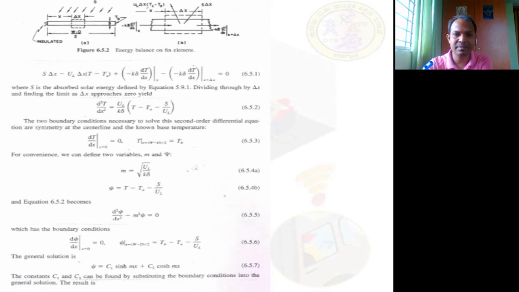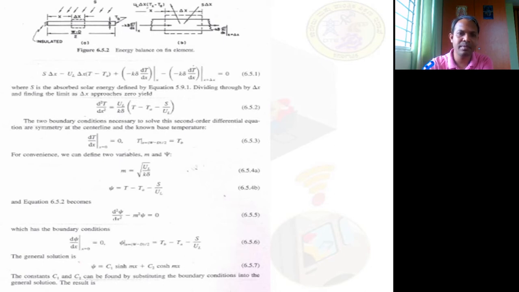Plus what is this? This is the beauty: minus K into delta into dT by dx across X. This is across X, minus K delta T by delta X across the section. At this surface it is X, and at this surface the same conduction at X plus dx, and the sum is equated to 0, where S is the absorbed solar energy defined